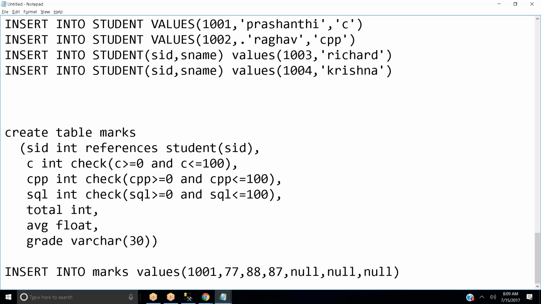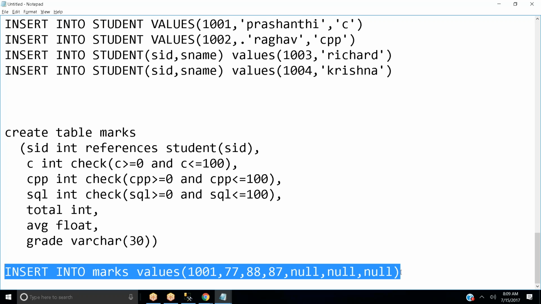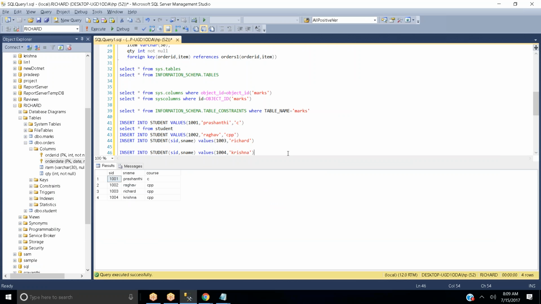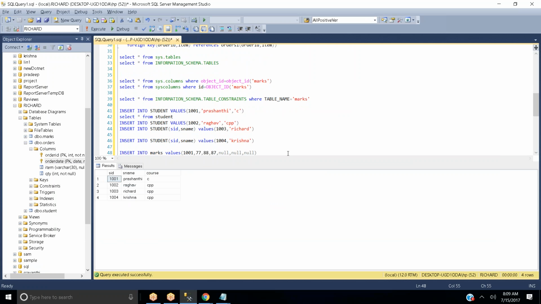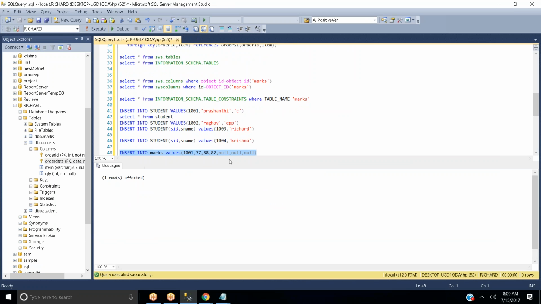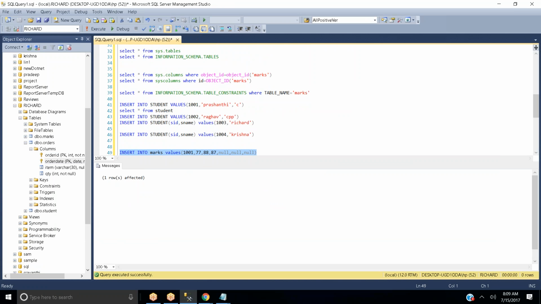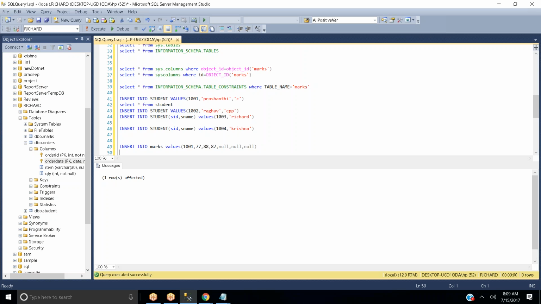I can give null values, right? Because I have not defined my table with NOT NULL. Correct. Now, what I'm going to do, I'll try to execute this particular query. It got executed, and we will try to see whether it got inserted or not.